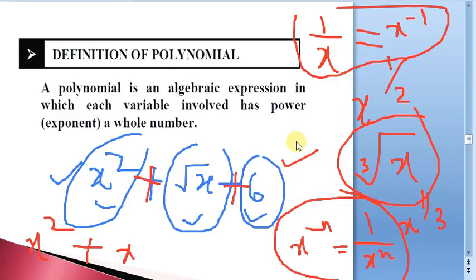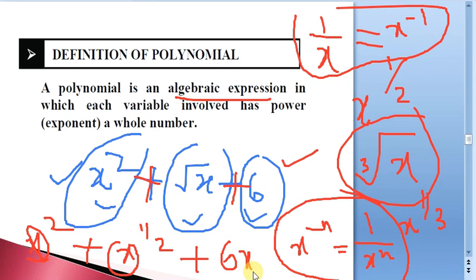How can we actually write it? We can write it as x power 1 by 2 plus 6. Now see here, in this case it is an algebraic expression. The variables involved are x, here also x is there, and here I can assume x power 0. Why? Because x power 0 is 1 only. So if you avoid it also, there is no problem for me, but just try to be habitual in writing 1 as x power 0.